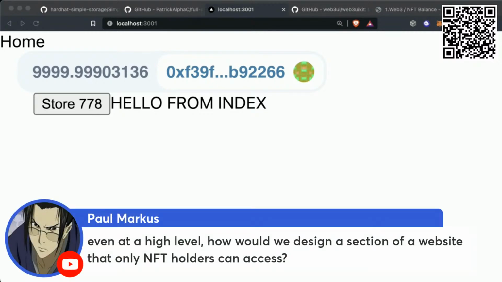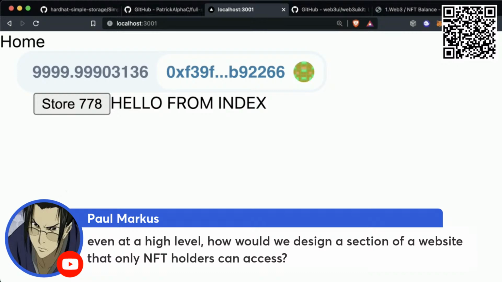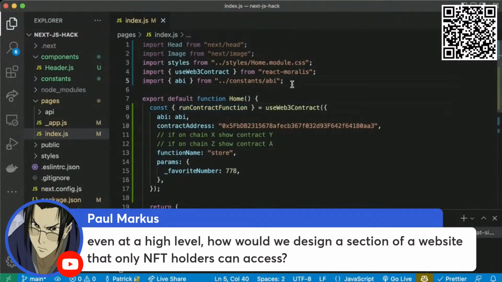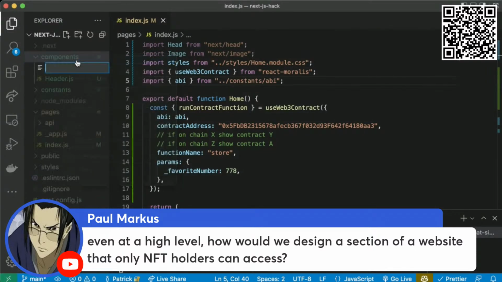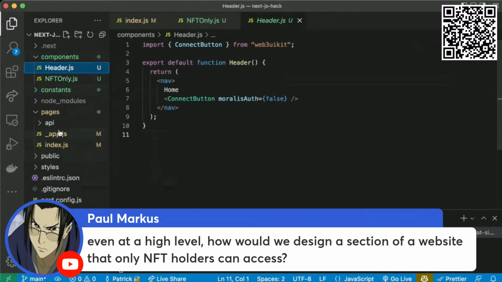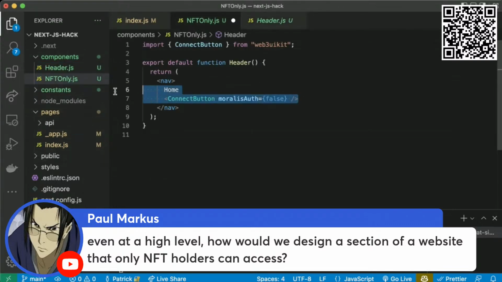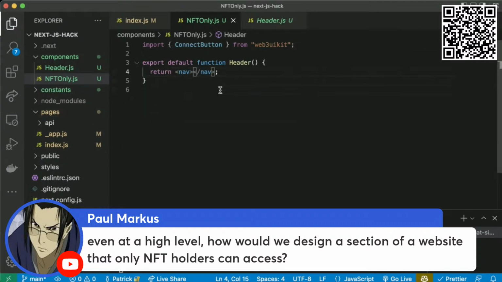Even at a high level, how would we design a section of a website that only NFT holders can access? Good question. Let's say we make some component, a new file called NFT only.js, or a page, same thing. And then what we would just do in here is add some code.